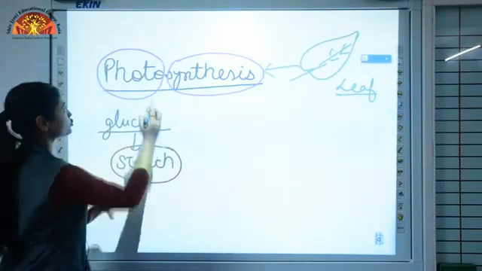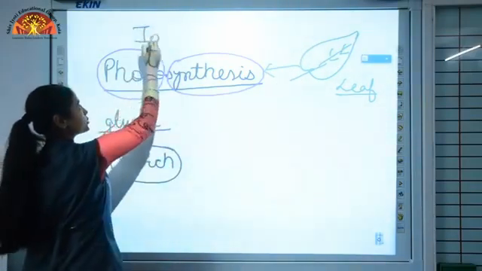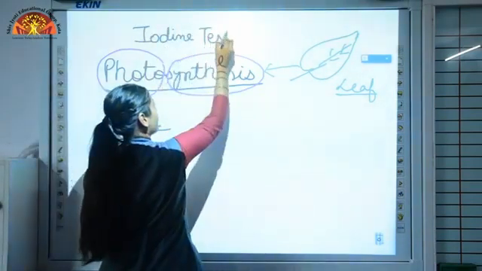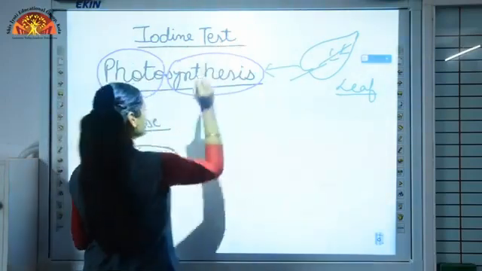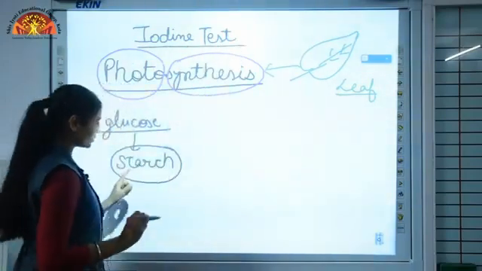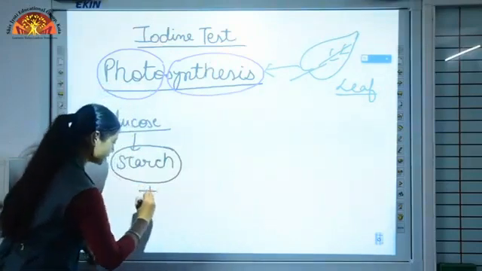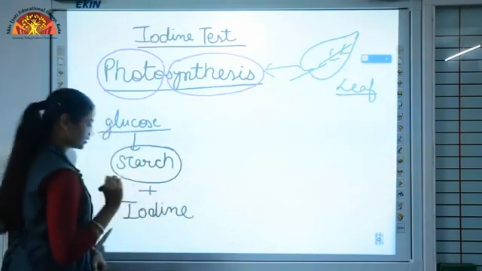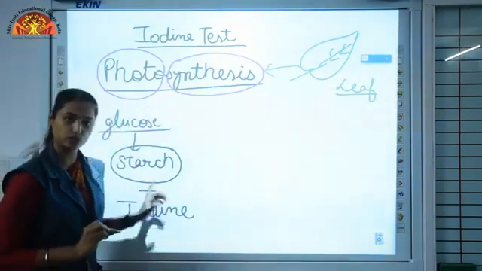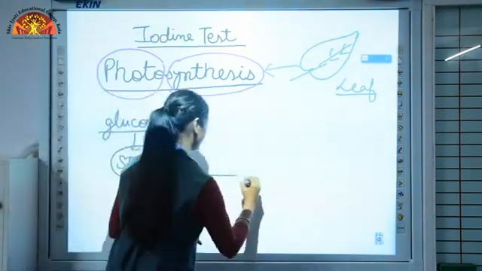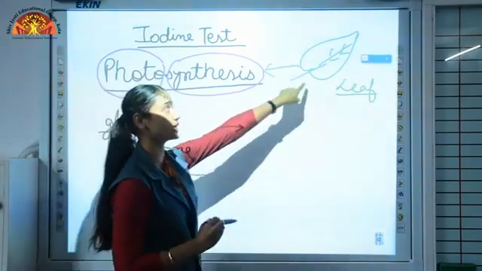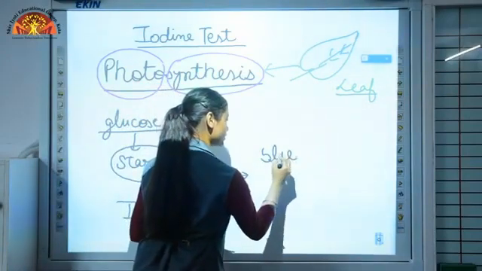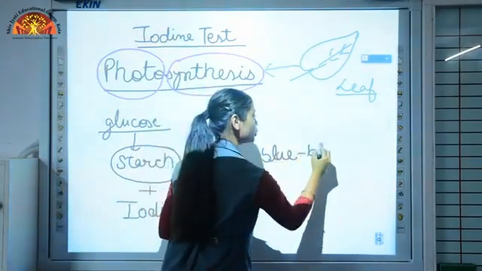Now we have to perform one test, which is known as the iodine test. To this starch we will add a solution of iodine. Again we are adding a chemical, so a chemical reaction will take place and there will be a change in the color of our leaf. It will turn into which color? It will turn into blue-black color